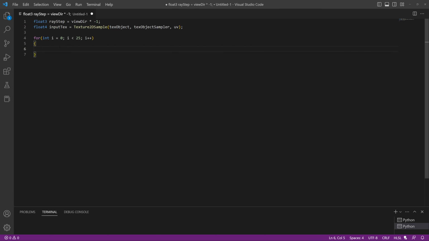So what we're going to do to mask out brighter luminance or higher values is we're just going to do if, and then we'll take our texture here, input text. If the red channel is greater than 0.1, and if the blue channel or green channel is greater than 0.1, and blue channel is greater than 0.1, then what we'll